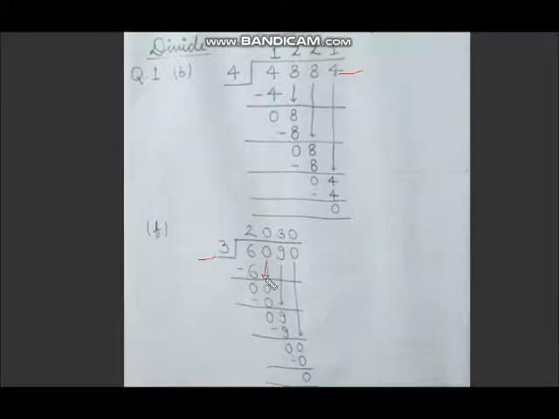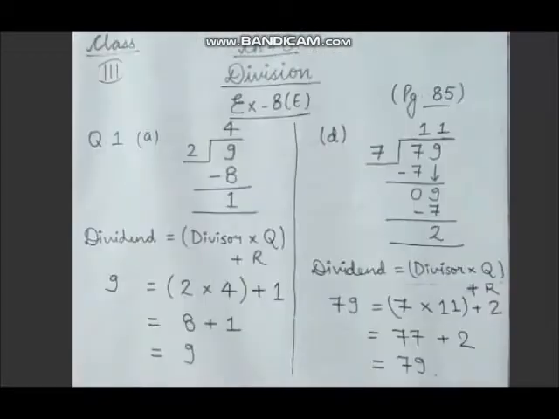Then there is 0. अभी मैंने जैसे आपको बताया था कि 0 किसी की भी टेबल में 0 times ही आता है. So क्वेश्चन में भी हम 0 लिखेंगे और subtract भी हम 0 करेंगे. Then 9. So in the table of 3, 9 come 3 times. And then at last 0. So किसी की भी टेबल में 0 times ही आएगा. So 2030 is the quotient, 0 is the remainder.